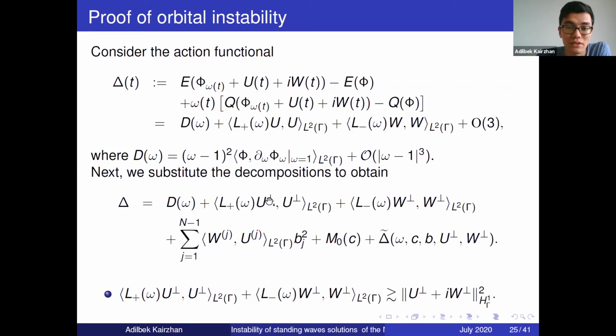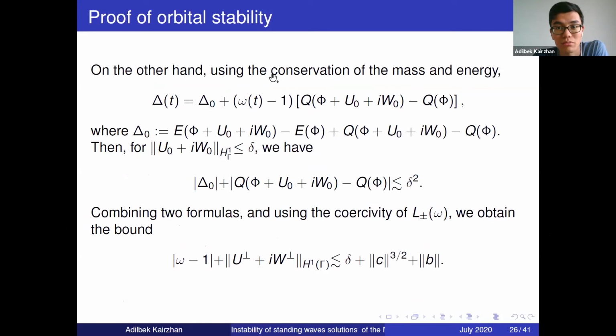And so in order to get that this omega minus 1 and these terms are very small, it would be nice to get an upper bound for the action functional. That's what we get using the conservation of mass and energy. So we just rewrite the action functional in this way, because energy and mass at any time t is the same as energy and mass of the initial data. So we use that. And here we say that, assuming that our initial data is located in the delta neighborhood of the half soliton, we have this estimate, and because of that estimate, we can compute that delta 0, which is a constant of motion here, plus this term is less than some constant multiple of